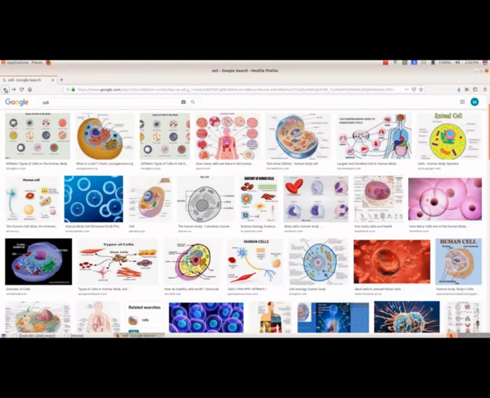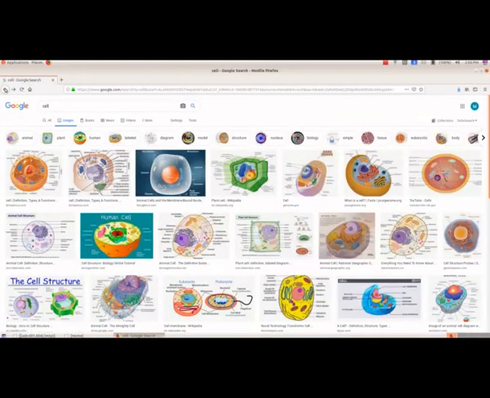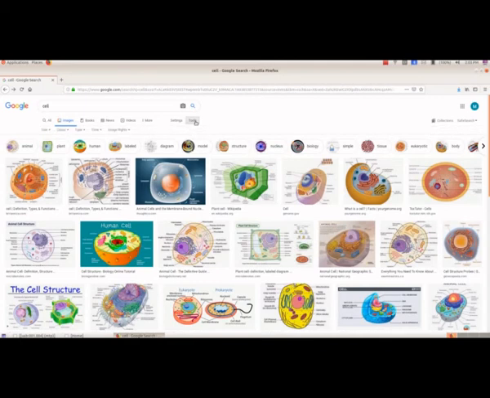How can we know whether we have the right to copy that picture? Here, next to images, books, at this end we have the tab tools. When you select these tools, we will get the options, and we have to select usage rights. When you click this usage rights, it is given as all, and that means we can save these pictures.